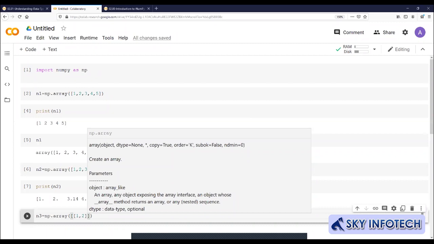In n2, after 1 2 3, I think there is one float number. There's one number which has digits, and because of that it converted the whole array into floats. When you pass the arguments, it was actually integers and floats mixed. While printing, it converted everything into a float. So that is why you see 1 2 dot.